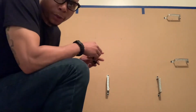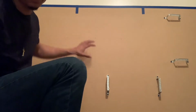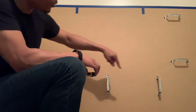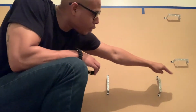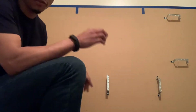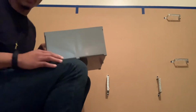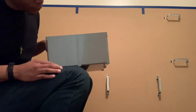Hey everybody, remember on the last video we went over doing the layout for the equipment. And as you can see, I added the wireway hangers or the cable supports for the equipment. So the cable's gonna come down here, turn, and then go straight up into the equipment, a bottom feed. But one thing I forgot to explain when I was going over the last equipment layout instruction video is